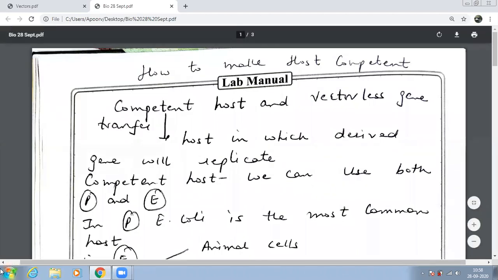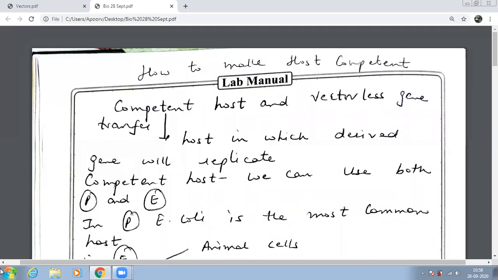Now you will insert your gene of interest into a host. बेटा हम ऐसा नहीं कर सकते कि हम gene of interest को किसी भी host में डाल दें. First, your host has to prepare itself. It has to be ready to accept the gene. Every host cannot accept a gene. Such hosts which can accept genes, we call them competent hosts. Okay, learn this word. Speak out the word. Which kind of a host?